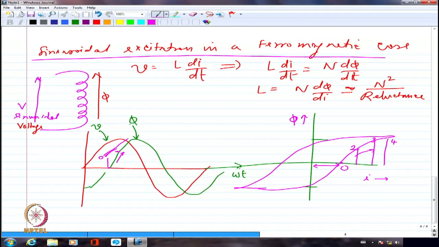So, I will have a peaking of current around this point when I am going to have almost a flat value of flux, because near the maxima of the sinusoid, I don't have much rate of change of the flux. The flux is almost constant, but the current is increasing quite a bit because the ferromagnetic core has already hit its saturation region. So, I am going to have the current almost reaching the peak, and after that